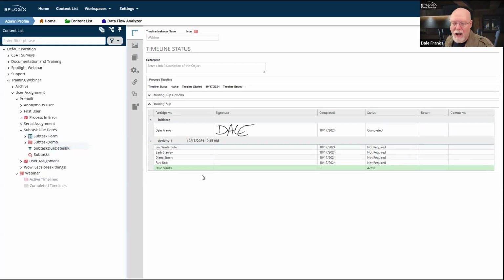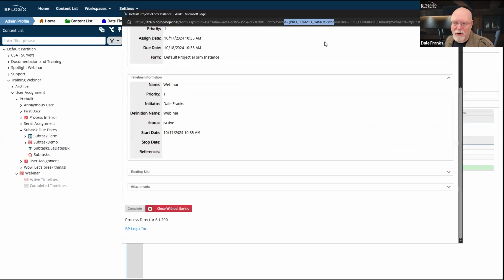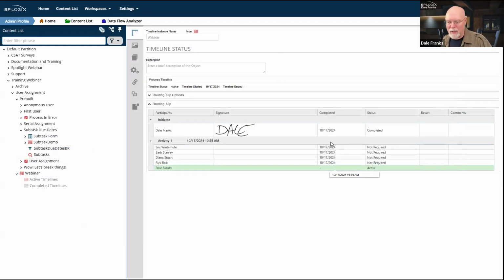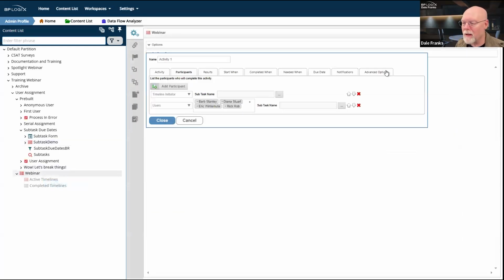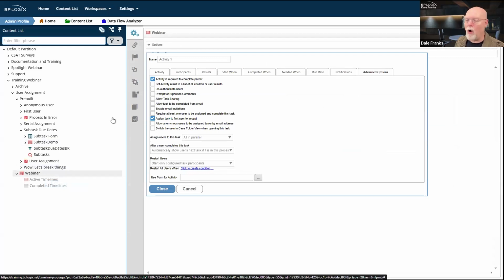Meanwhile, I have accepted the task, and this task is now assigned to me. So I have no choice but to go into the form because I said I'd do it and I would complete it. So what that particular configuration enables is for me to assign a whole bunch of people a task, but allow the people who are assigned the task to accept that task themselves.